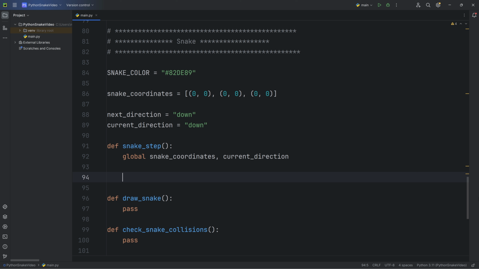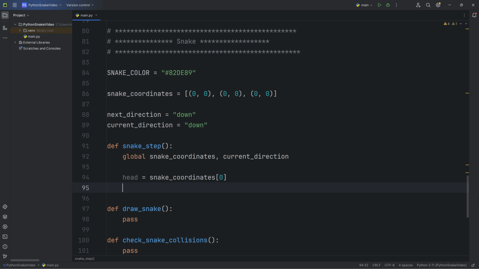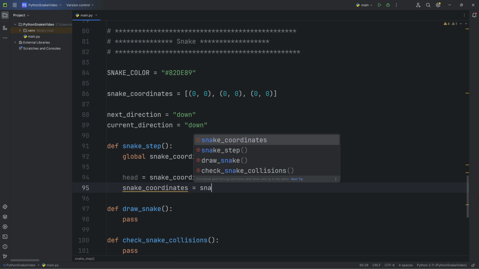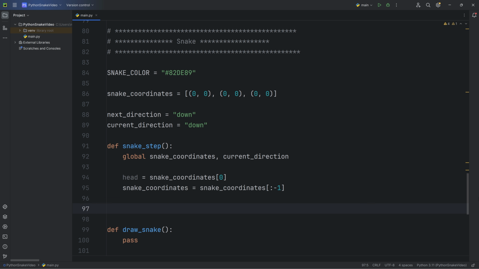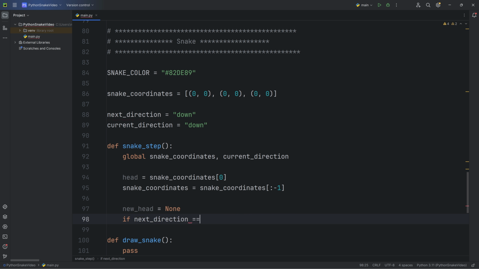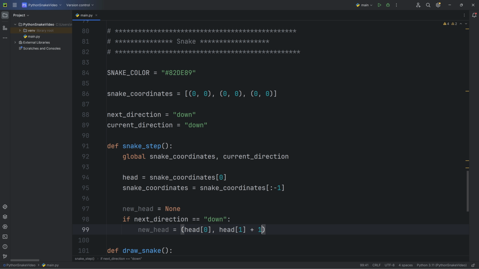Save the head of the snake in a variable, head equals snake coordinates of 0, and remove the tail of the snake: snake coordinates equals snake coordinates from the beginning to index -1. Now we need to find where we need to place the new head of the snake. New head equals none. If next direction equals down, then new head equals head of 0, head of 1 plus 1.